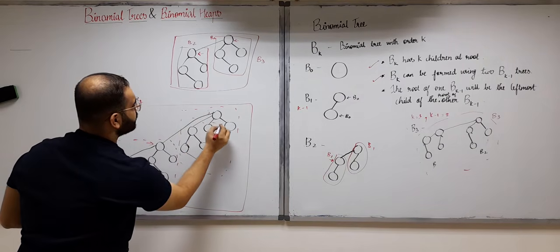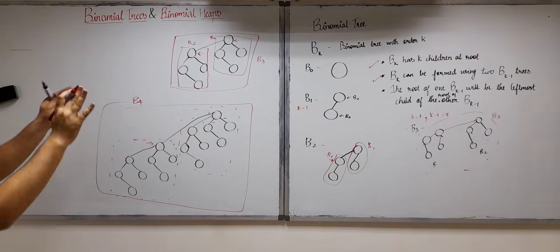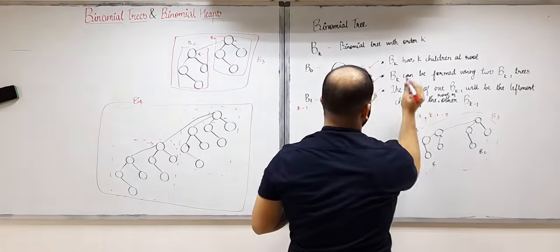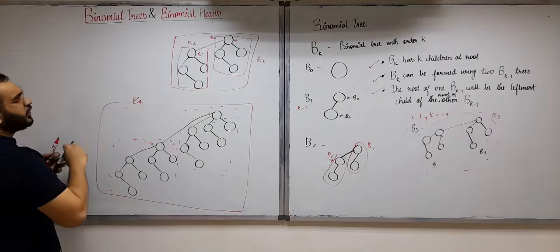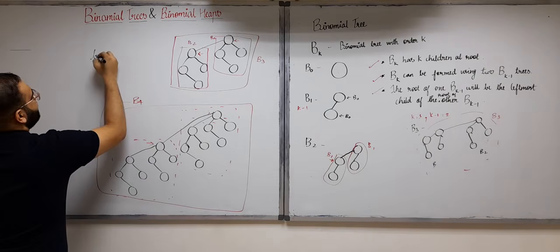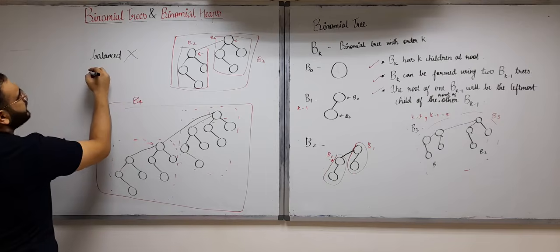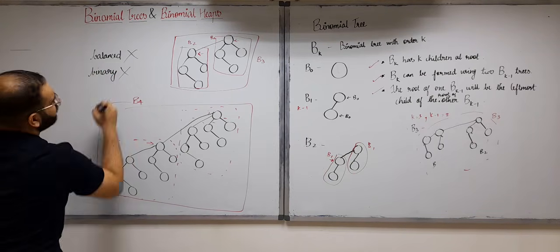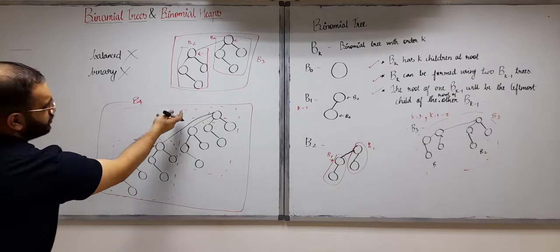1, 2, 3, 4. Yes, so this is our B4. Okay, so these are actually binomial trees and these are formed using these rules. As you can see, binomial trees are not necessarily balanced trees, right? They are not balanced. Moreover, they are also not binary trees, because here you can see that a single node has more than 2 children,